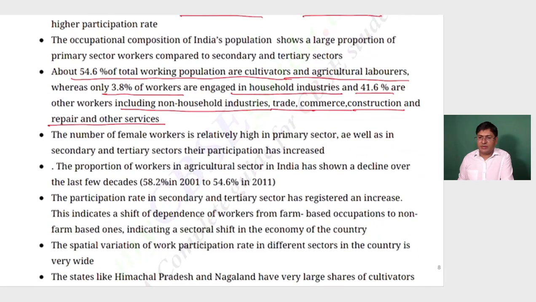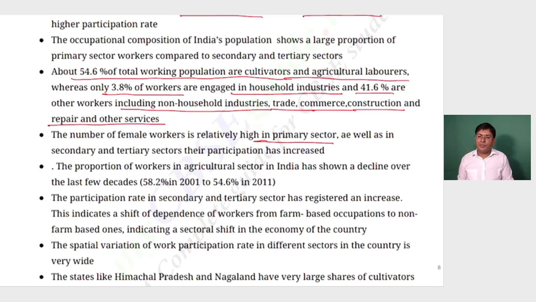द नंबर ऑफ फीमेल वर्कर्स, नाउ देयर इज द वेरिएशन बिटवीन द मेल एंड फीमेल ऑल्सो. मेल पॉपुलेशन में उसका वर्किंग स्टेटस या वर्किंग कंपोजिशन अलग है, जेंट्स का अलग है. तो अगर हम मेल्स की बात करें तो वर्कर्स इज रिलेटिवली हाई इन द प्राइमरी सेक्टर्स एज वेल एज इन द सेकेंडरी एंड टर्शियरी सेक्टर्स. देयर पार्टिसिपेशन इज इंक्रीज. अगर वर्किंग फीमेल पॉपुलेशन के बारे में बात करें तो जो प्राइमरी सेक्टर्स हैं उनका पार्टिसिपेशन ज्यादा है. बट अब सेकेंडरी एंड टर्शियरी सेक्टर में भी धीरे धीरे उनकी परसेंटेज में इंक्रीज हो रहा है.